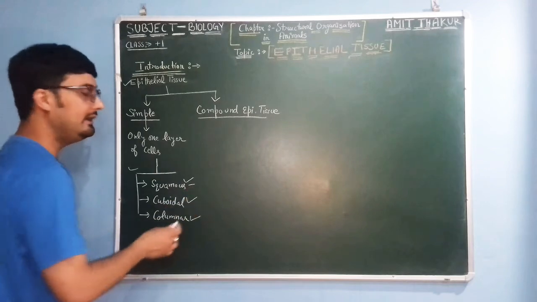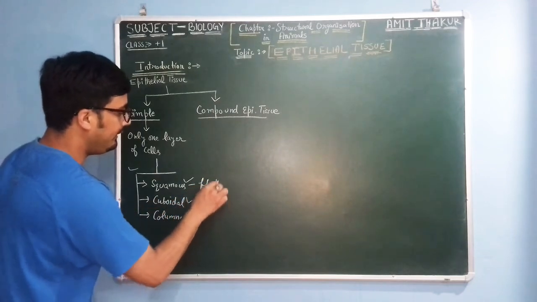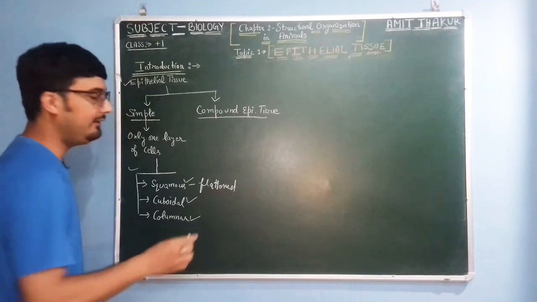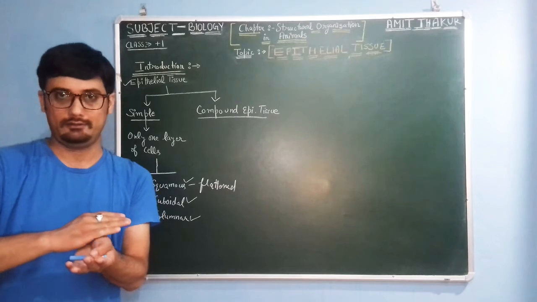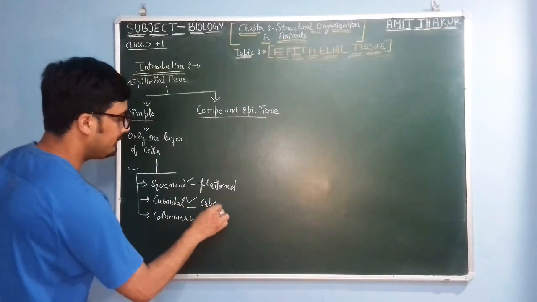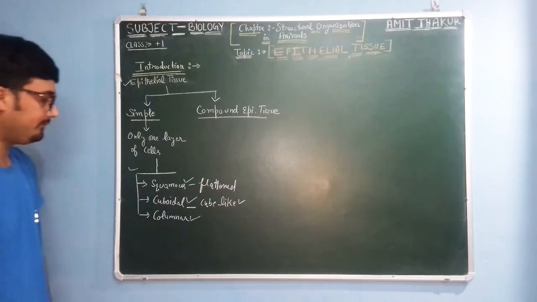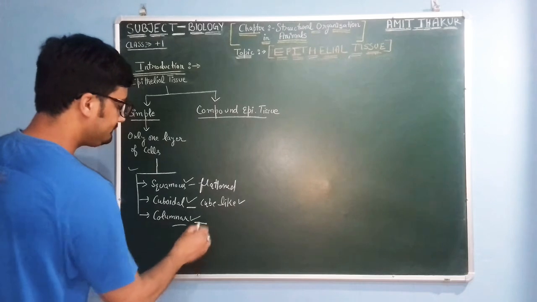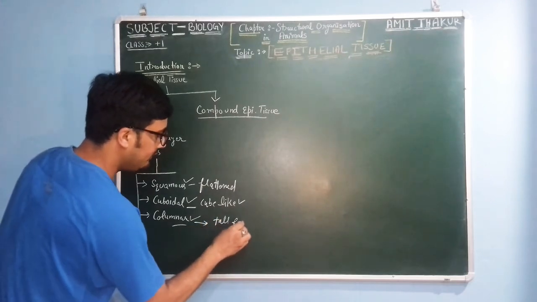Squamous हमने क्या कहा था? Flattened type of cells. यहाँ पे क्या है? Flattened cell. ये cells flat होते हैं. There is single layer of cells and cells are flattened in shape. Cuboidal, cube-like. They were cube-like cells. Okay, and columnar, they are tall and